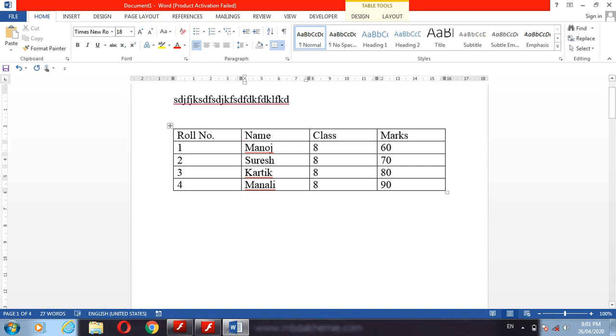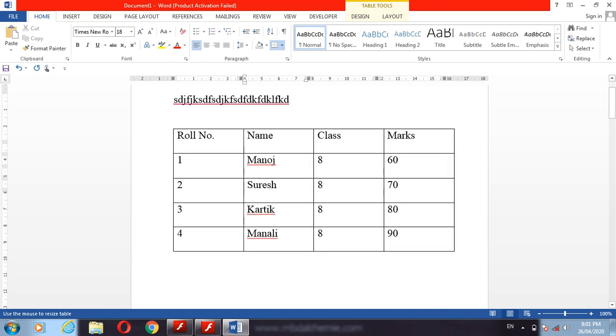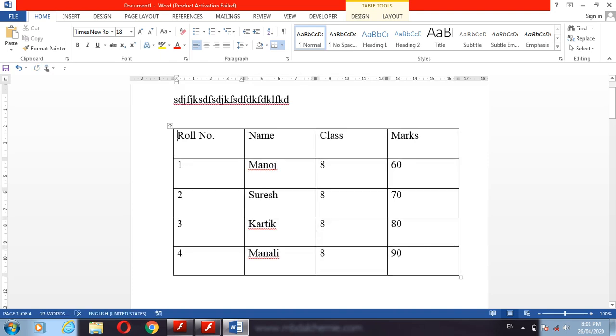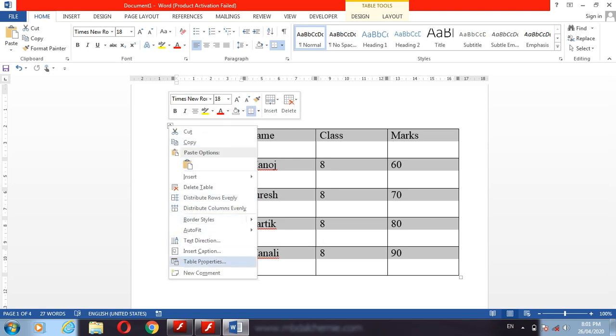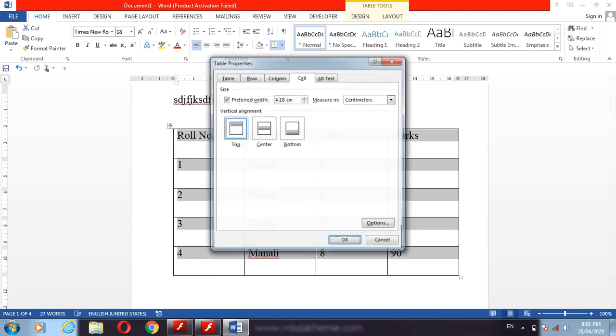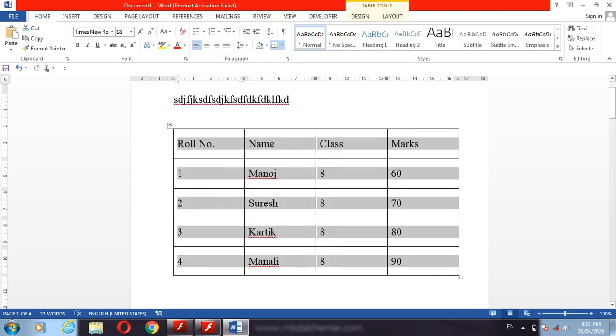If we increase the size of this, the text will be on the top side. If we want to arrange this text in the middle, we can just right click on the table and go to table properties. If you click on center in the cell center, the text will become into the center.